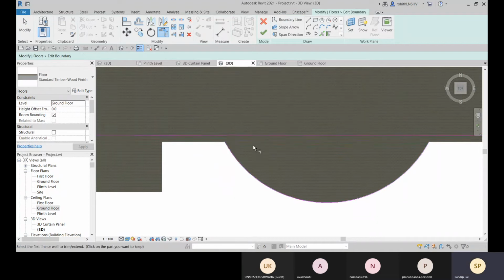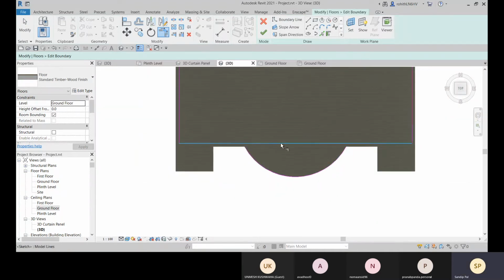So this part will be trimmed. Now you see that this is a whole single line segment, and I need the left side and the right side of this, but I don't need this center part. Okay, so for that I need to split it.